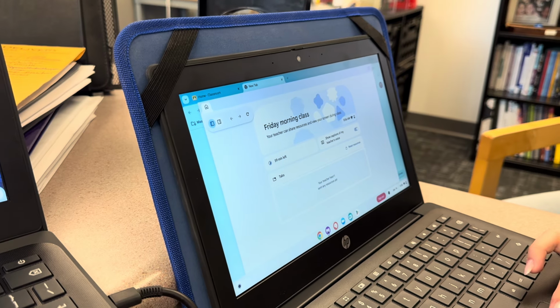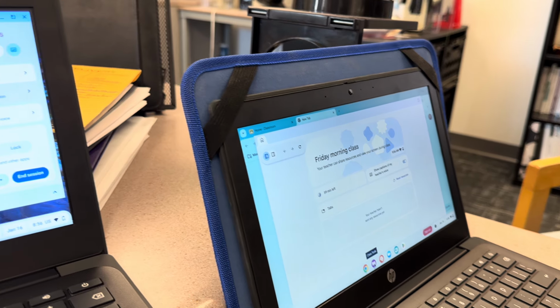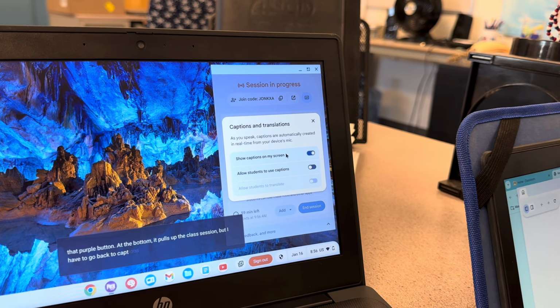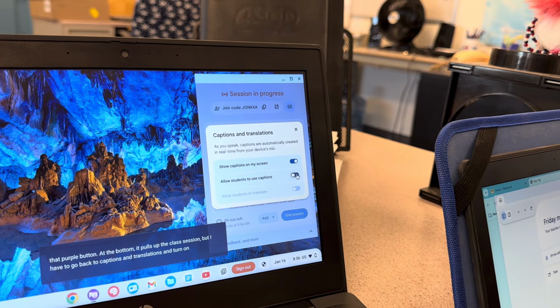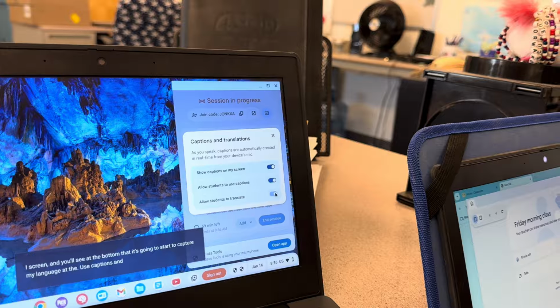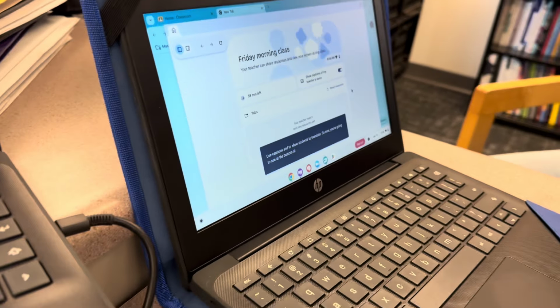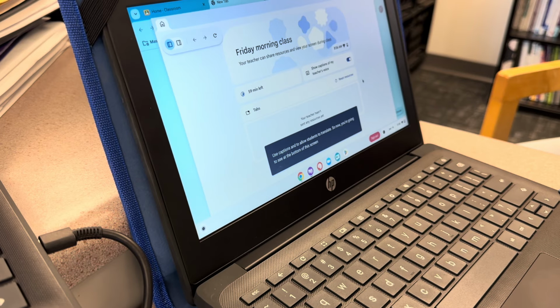So when we click on that purple button at the bottom, it pulls up the class session. But I have to go back to Captions and Translations and turn on the ability for students to be allowed to use captions and to allow students to translate. So now you're going to see at the bottom of this screen that it is reading the same words I'm saying in English,